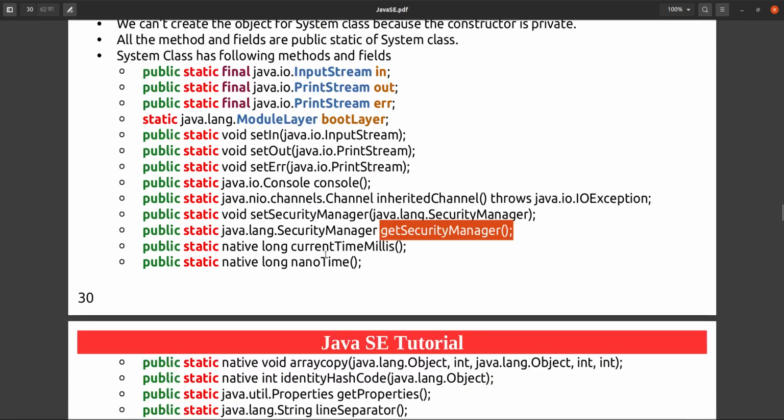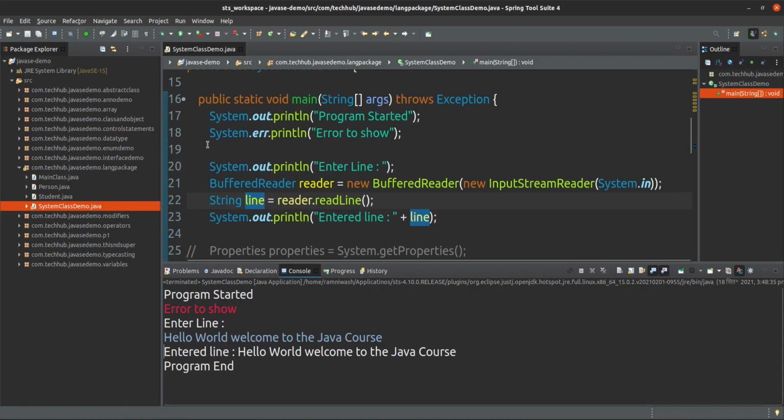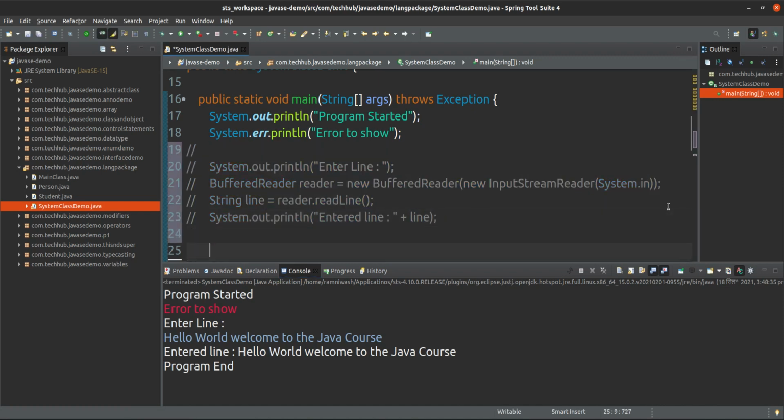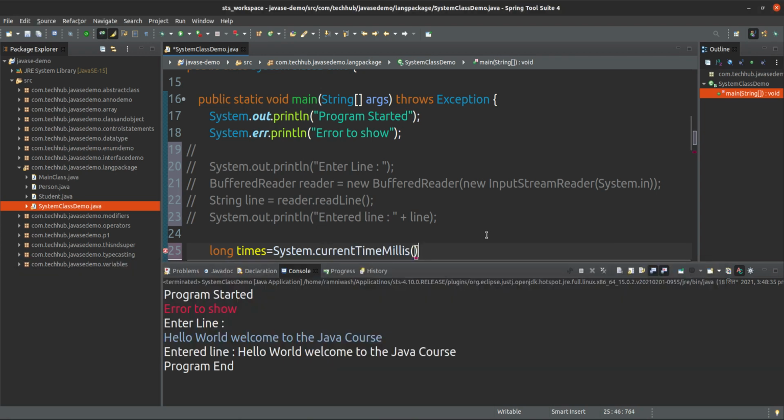Okay, and the next one is current time milliseconds. Yes, that is this one. If you want to get the time, okay, I will comment this one. I want to get the time in milliseconds: long time is equal to System.currentTimeMillis().